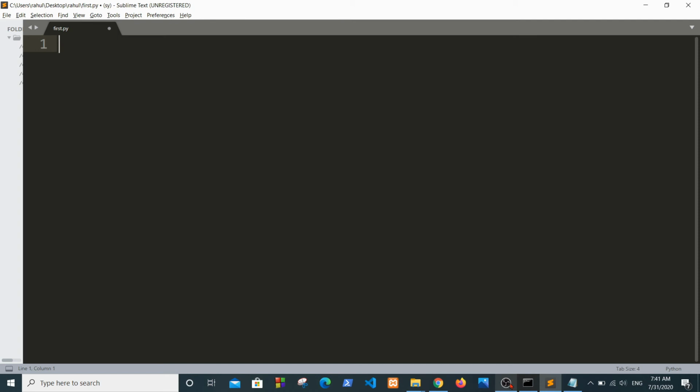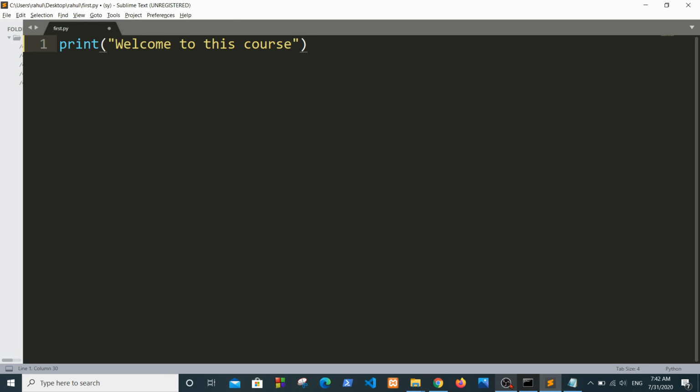So I am writing the print function. In the print function, we will write welcome to this course. In Sublime, if you want to execute any program, you use Ctrl plus S to save your program and Ctrl plus B to execute this program.